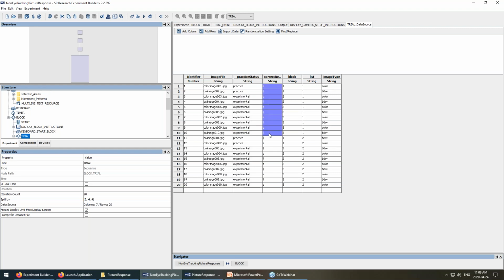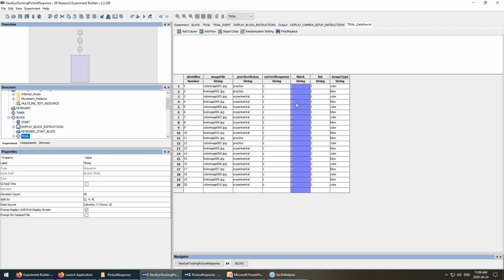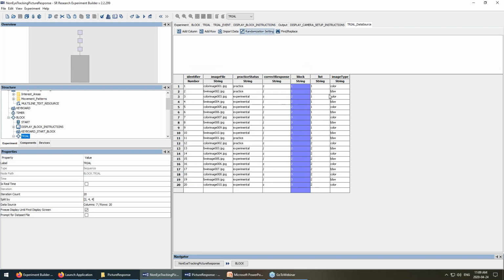Then we have a column indicating which key the participant should press if they're responding correctly on the trial, so it's correct response. Then we have some block and list columns that help us control the randomization constraints that are applied to the order of the trials. And then we just have a column called image type, which codes the condition, whether this is a color image or a black and white image. Okay, so